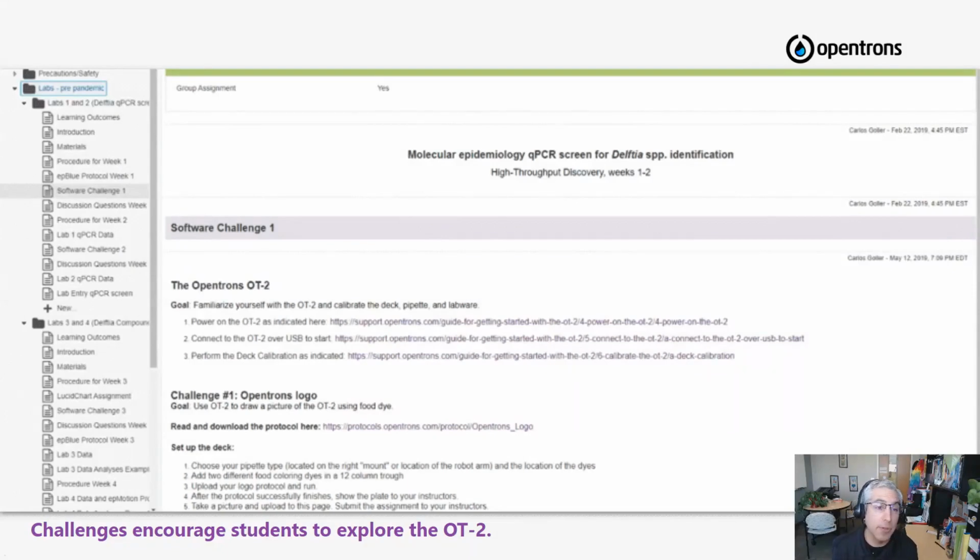Students work in groups, but they each have to individually complete the challenge in terms of the write-up and the reflection. We have some reflective questions. The first challenge really tells them step by step what's happening. Set up the deck of the OpenTrons with this. You are going to do this with food coloring and create this pattern. And the goal here was